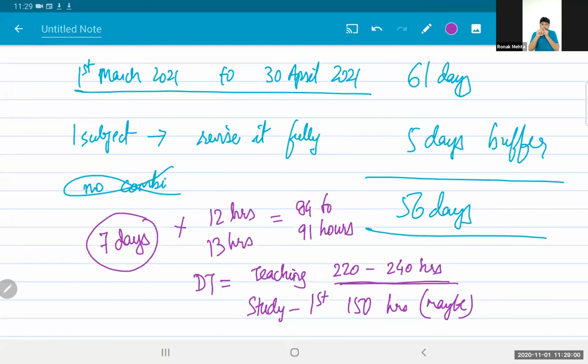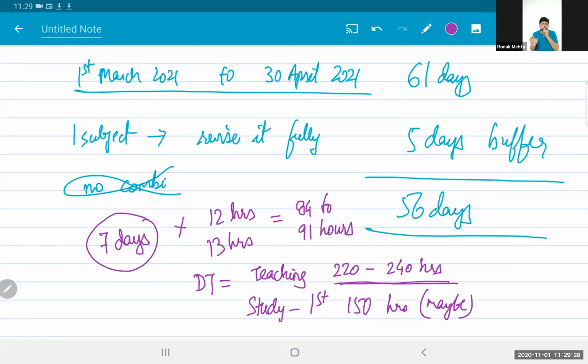And mind well, 1st March onwards you are studying. So मतलब तुमने DT का एक paper already लिखा हुआ है. At that point of time you have already studied DT. Maybe you were not able to complete the full syllabus in that 1.5 day. जब तुमने paper writing किया था February में. So in March, devoting more than 7 days would be a crime because it will affect your revision of other subjects, which is not advisable. Every subject is to be treated equal.